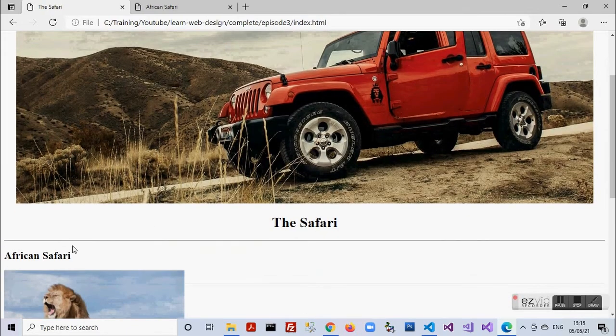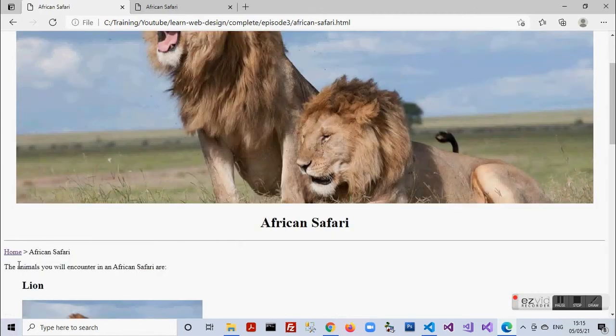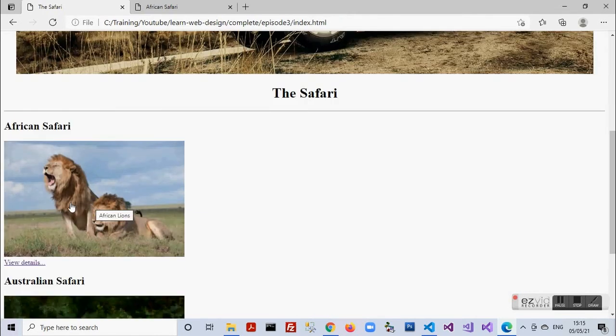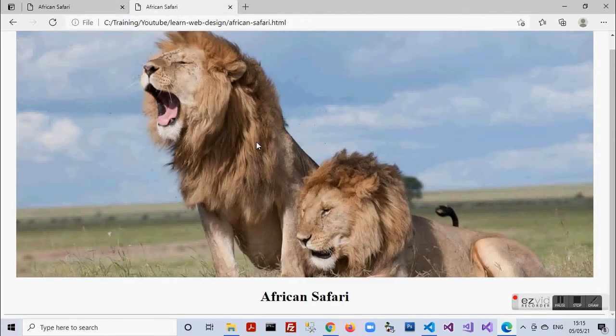So let's create this link. In programming terminology, these sort of links are called breadcrumbs. Actually, breadcrumbs show us the path to our sub pages and we can move upwards in the hierarchy by clicking on the particular link in the breadcrumb. So here I only have a single level hierarchy. Below the home page I have African Safari. So I can click on home, move to African Safari. I can click on African Safari and again move back to home. So let's create this linkage in our website.